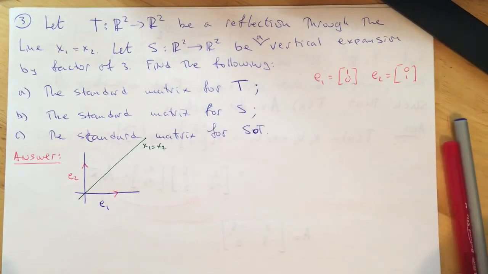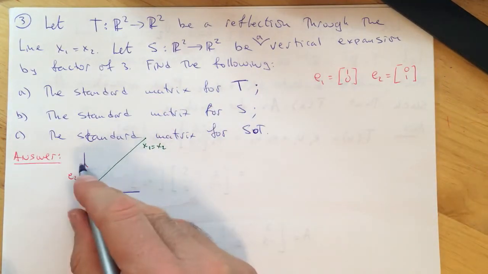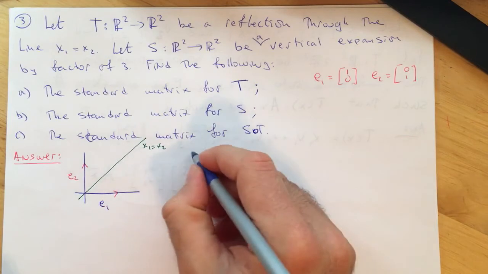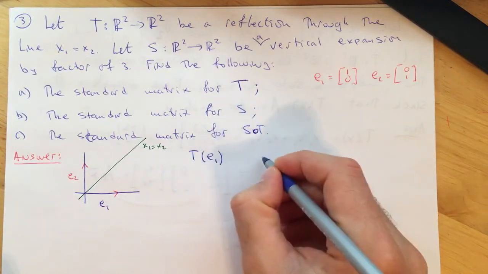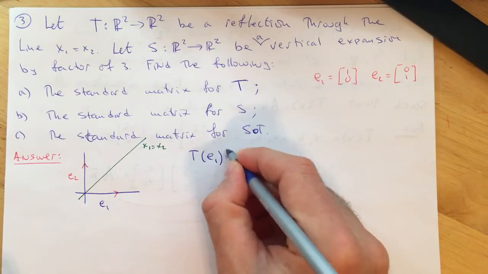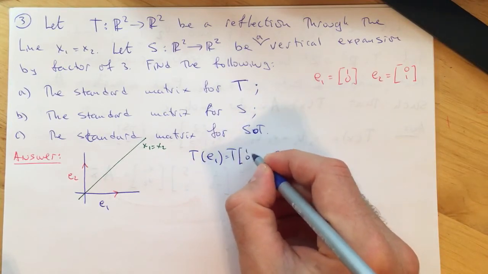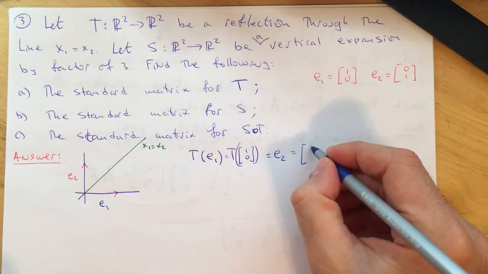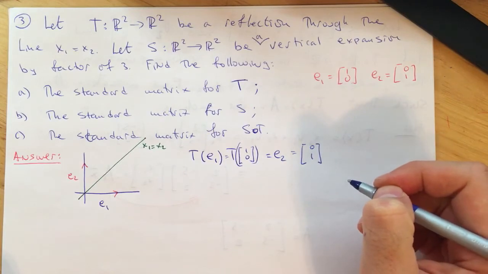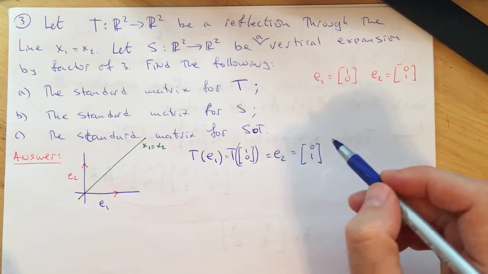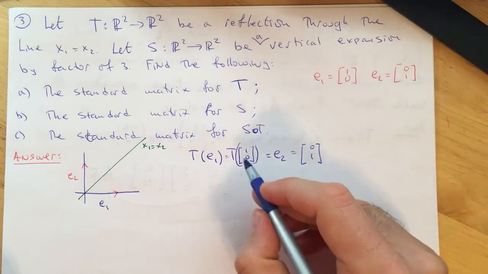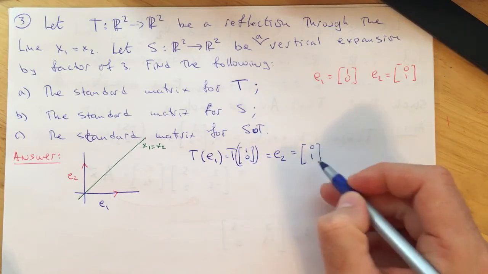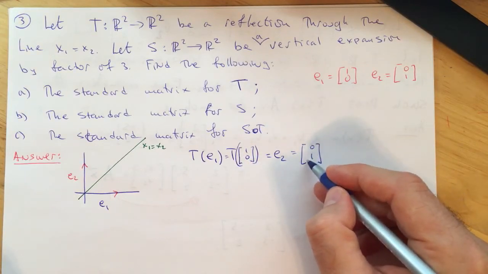Okay, so if I reflect E1 over the line x1 equals x2, I will get E2. So that means that T of E1 simply becomes E2. So T of the vector 0, 1 becomes E2, right, which is 0, 1. And because 0, 1 is the image of the unit standard vector 1, 0, this here is the first column of the standard matrix for